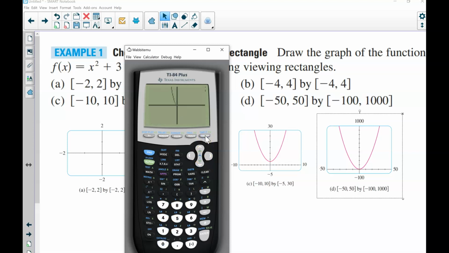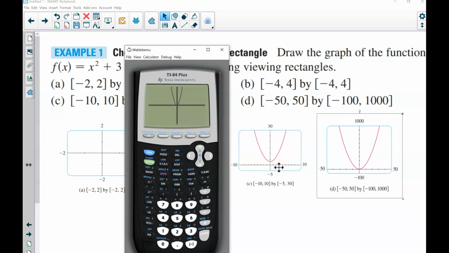Now we're going to go ahead and graph. And so now you're going to see this graph. Okay, so if you look here, the graphs for the viewing rectangles in part B, C, and D are also shown in this figure. So we want to observe that we get a more complete picture in C and D. But in part D, it is not necessarily clear that the y-intercept is actually 3, but you can see that